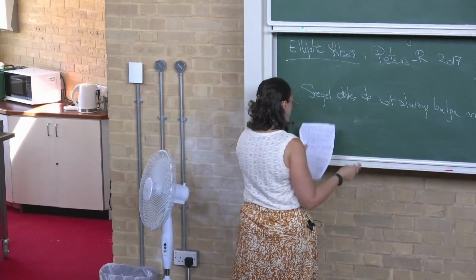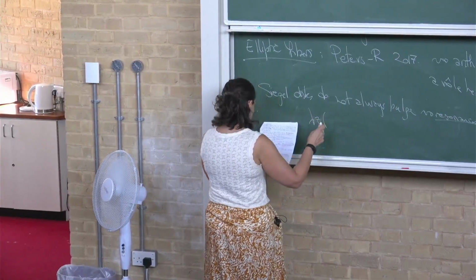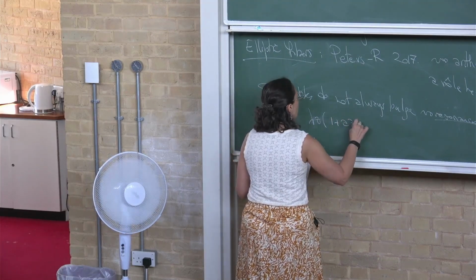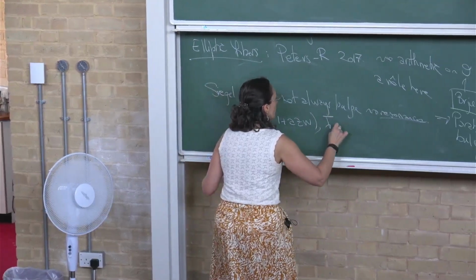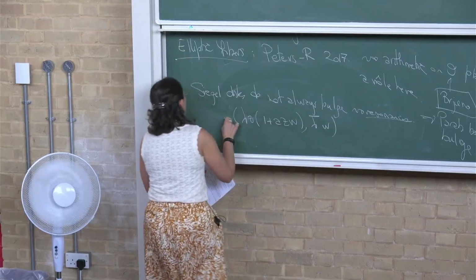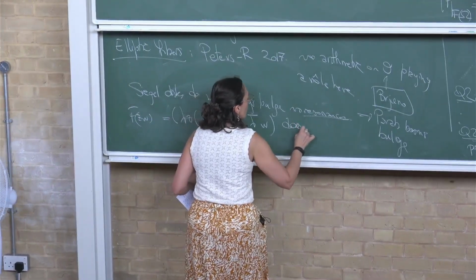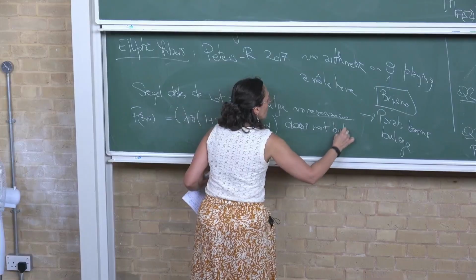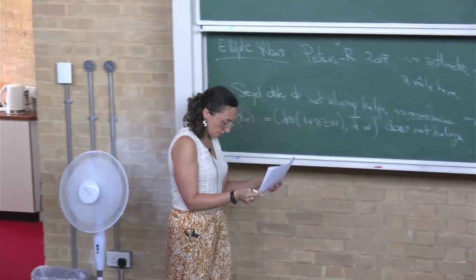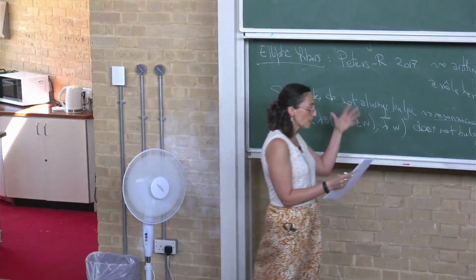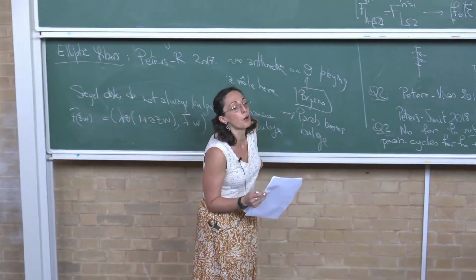So to give you an example, this one, even if you ask it to be Bruno, it's not going to be bulging. And then if you are in the Bruno case, plus you add that you have no Siegel disks,